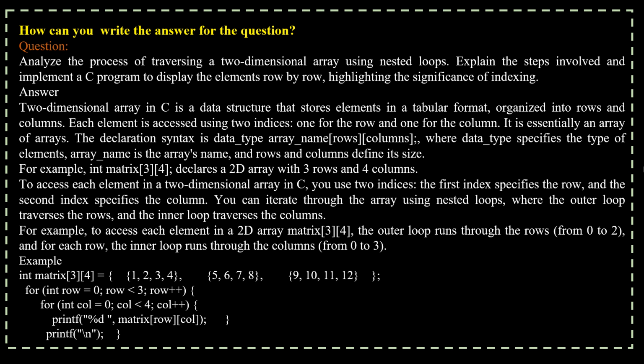0 to 3. Example: int matrix[3][4] = {{1, 2, 3, 4}, {5, 6, 7, 8}, {9, 10, 11, 12}}; for (row = 0; row < 3; row++) { for (col = 0; col < 4; col++) { printf("%d ", matrix[row][col]); } printf("\n"); // move to the next line after each row }